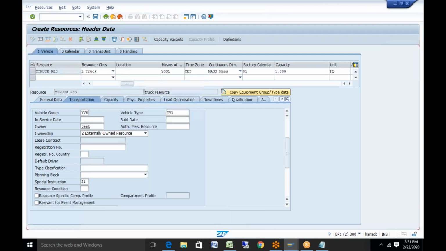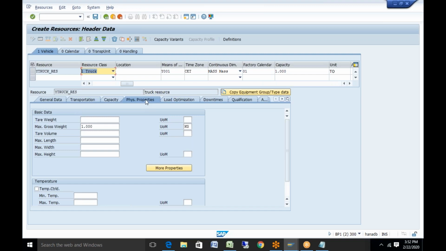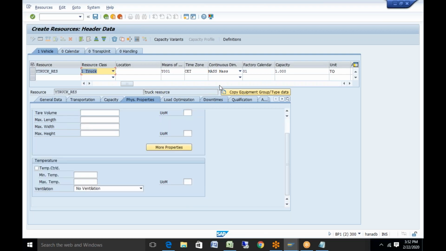So this 1000 tons which you are given will automatically come here. Plus you can add some specific volume also. You can specify some more physical properties if required, height, width. You can mention something or you can keep it blank.